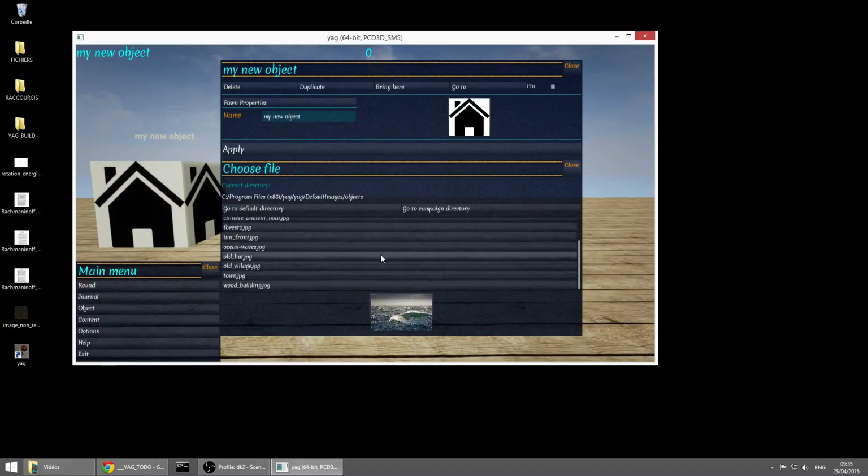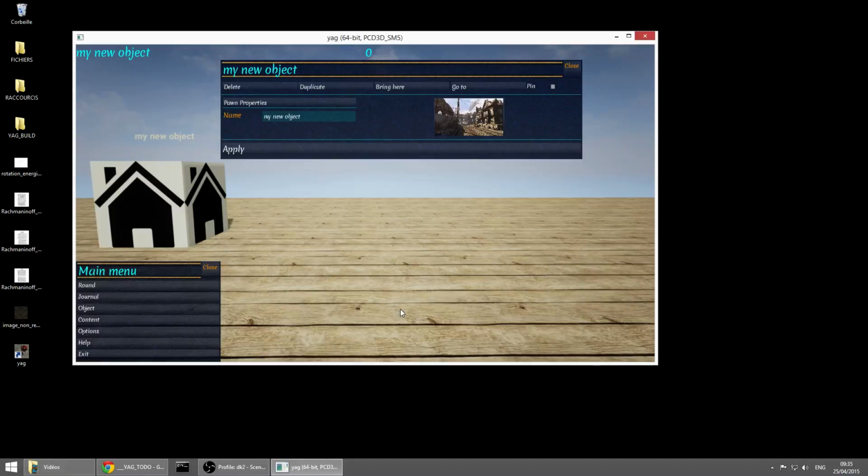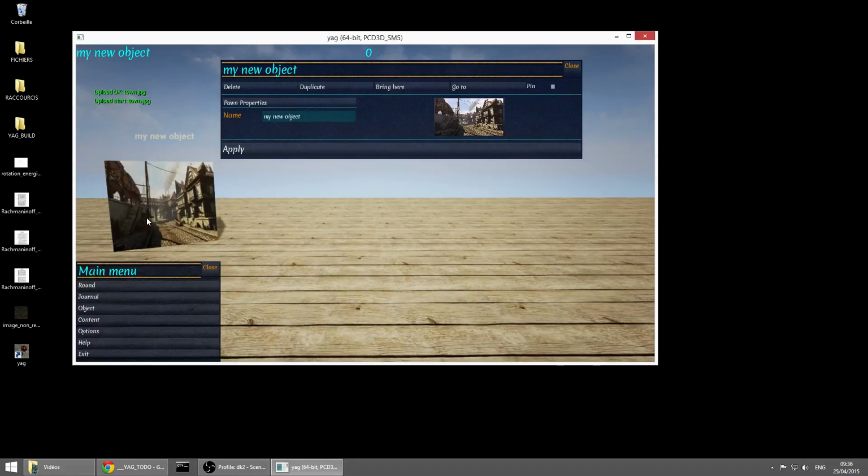Okay, so let us choose this texture, for example, and when you click on the preview picture, then it will send the image here in the object window. As you noticed, the picture is still not displayed on the object. It's because I didn't click on the apply button. As a reminder, when you want any change to be applied and saved, do not forget to click on the apply button. So let's do that,